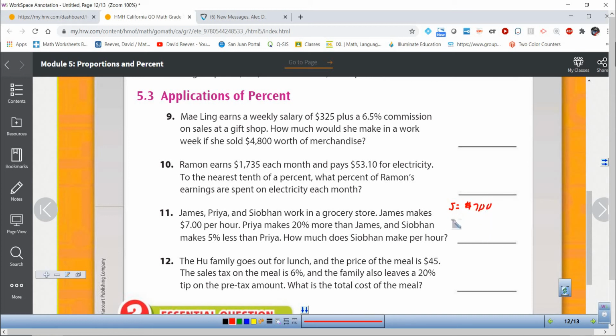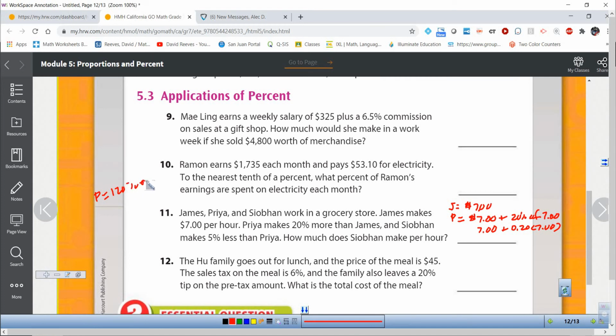All right, then we have Priya, and Priya is making 20% more. So she's making $7 an hour plus 20% of $7 an hour. All right, so let's do that right there. So that's 7 plus 0.20 times 7, right? Or another option we could have done, if Priya would be making 120%, so P equals